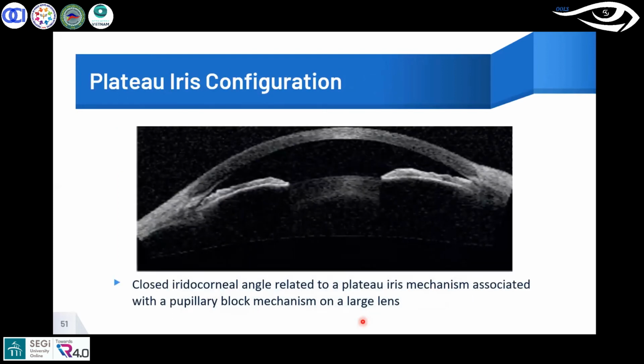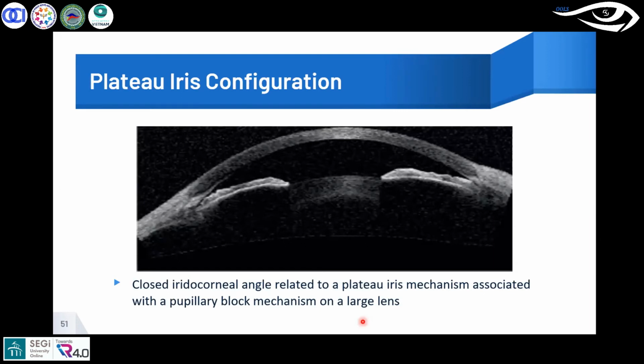So this is plateau iris configuration. Ideally, in a plateau iris configuration, you would have a normal anterior chamber depth, but the iris would assume a plane location or a plane shape. So it would appear very straight and it is not very curved or convex. So when there is a plateau iris mechanism, there could be associated pupillary block, and there would be glaucoma associated